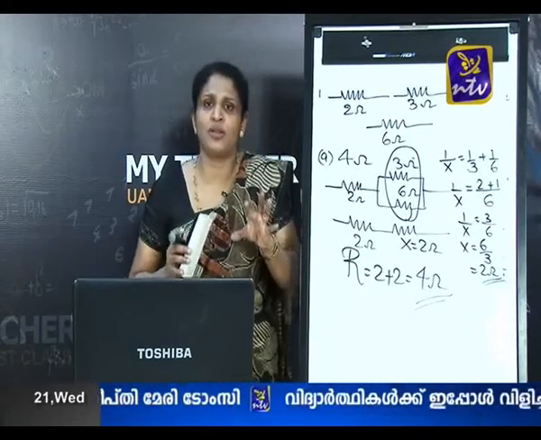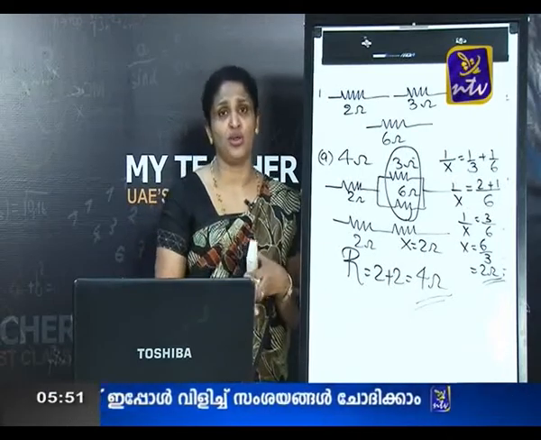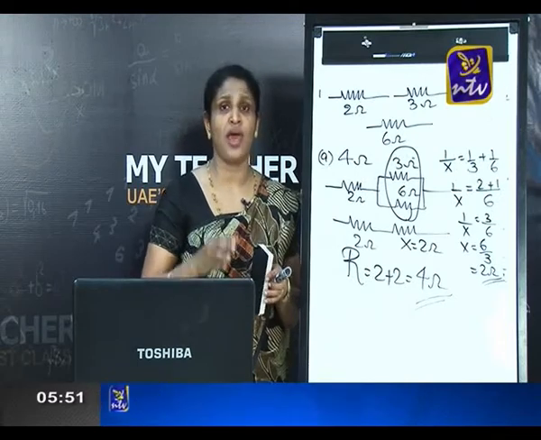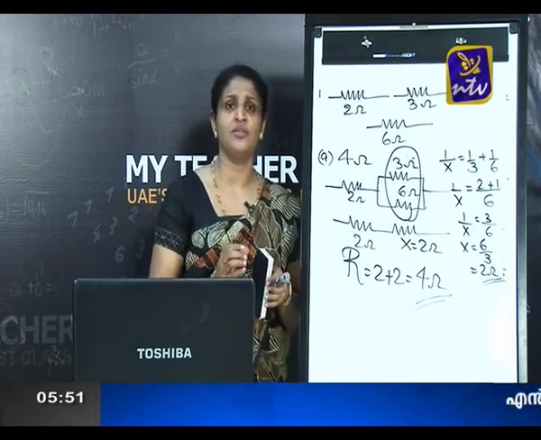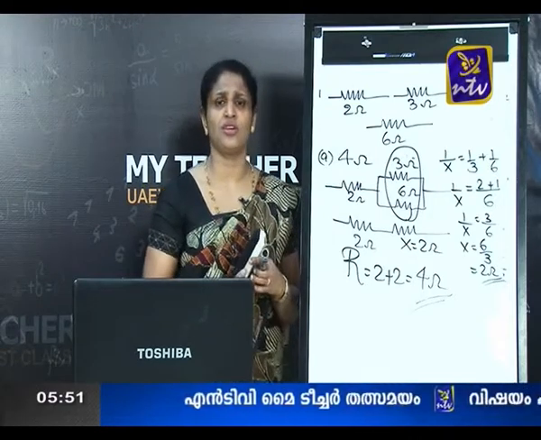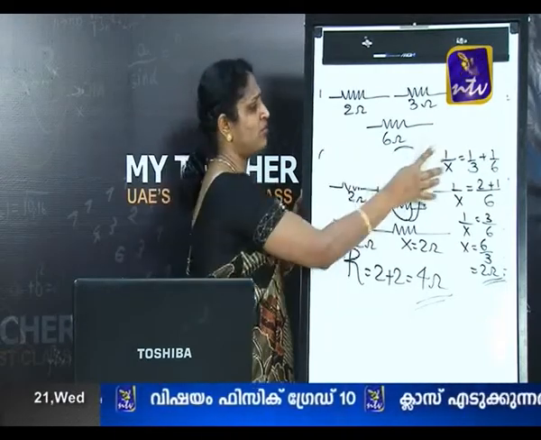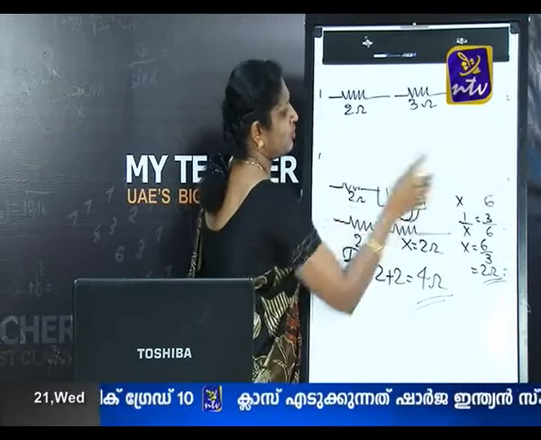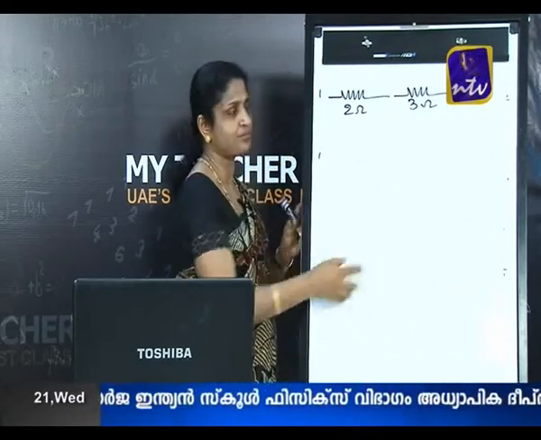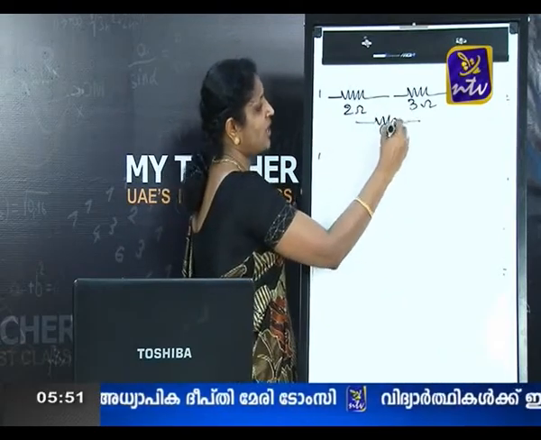If you want to represent that in words or as a statement, then you will say: first connect 3 ohm and 6 ohm in parallel, and that combination is connected in series to a 2 ohm resistor. Then the total resistance will be equal to 4 ohm. So, if you want to get 4 ohm from this connection, you have to use a mixed combination of parallel and series.